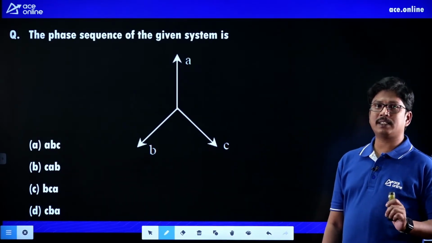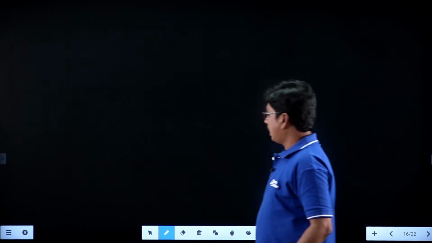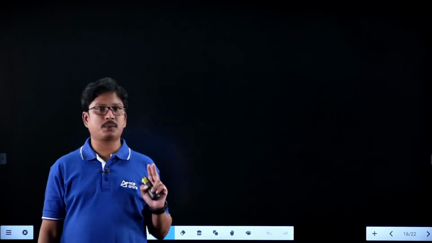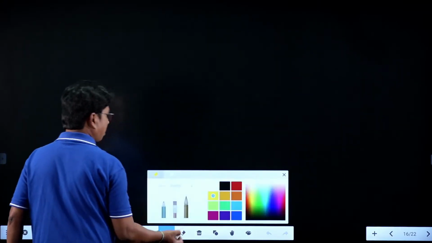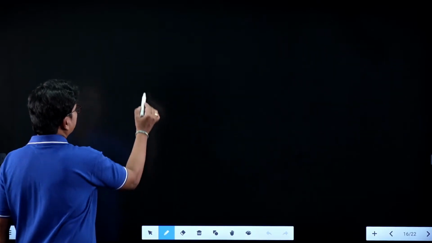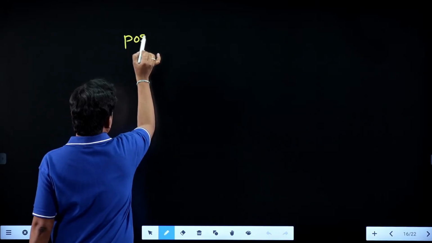To find the phase sequence of the given system, just let me give you the answer here, right? And most of the students will give the answer. And it is already discussed in some of the previous sessions. Now check here. Suppose if you are having a positive sequence system,